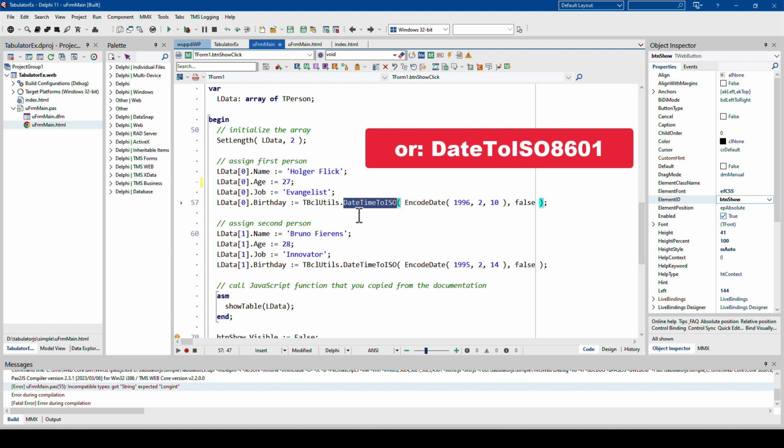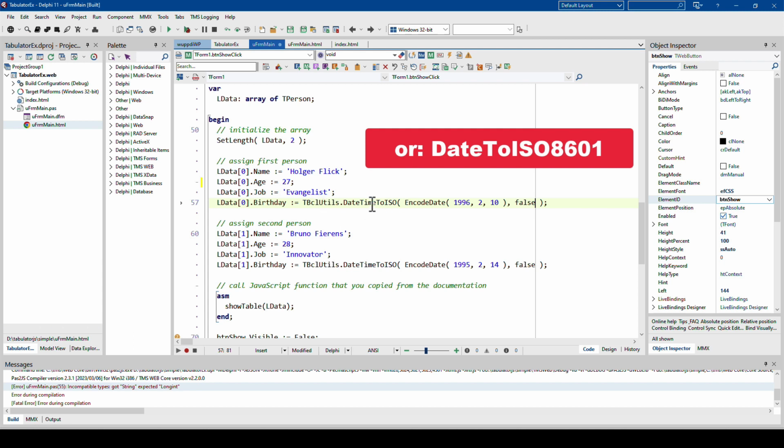class function that converts the date time to ISO. So I call the EncodeDate function from the RTL, Delphi RTL, which is also available in TMS Web Core, to create a date time value easily. And the false actually is just a parameter to influence the date time to ISO encoding for a special case that we don't need in this case.